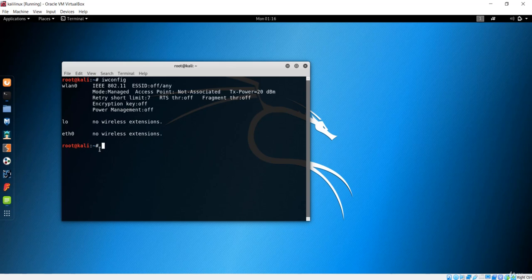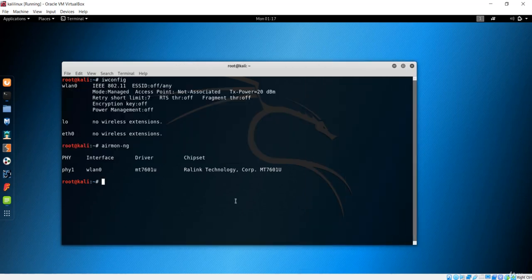In order to change the mode, we have this application here, airmon-ng. This is going to change our managed mode to monitor mode. So first of all, let me enter airmon-ng and hit enter. You get the information about the interface and the chipset. This is my USB connection, and you can see the driver over here. The interface is wlan0, and it is in managed mode. It has not been changed to monitor mode. So you can see the information right here.